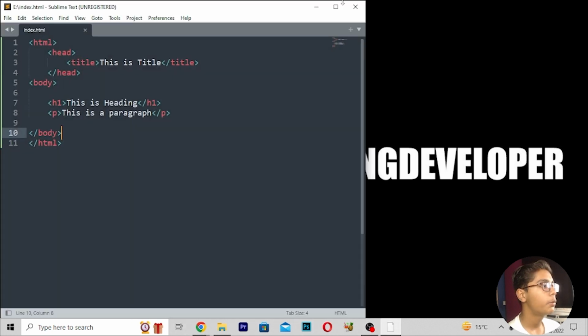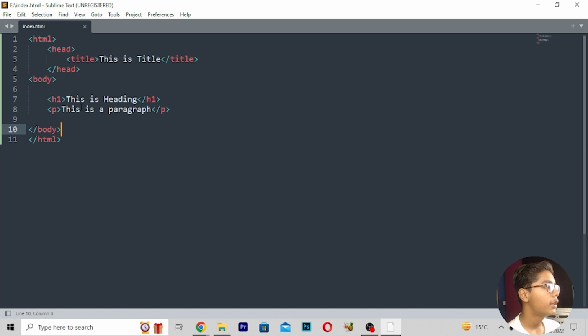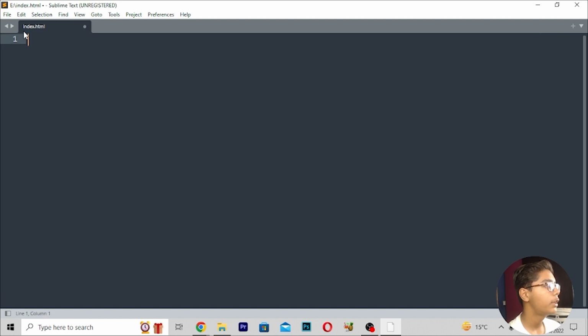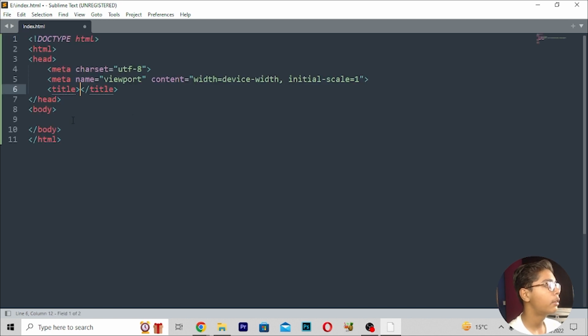So here I've opened my VS Code text editor. You can see here I've saved this file with the name index.html, on my local disk E. Here you have to write some HTML code. For linking your JavaScript file, you have to write the code called script.js. I will not show you in the browser now, because here I will be showing you where to put JavaScript and how to work with that.